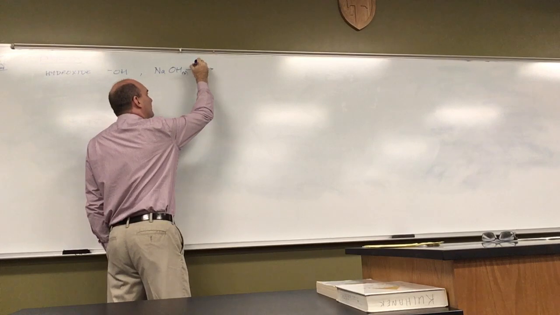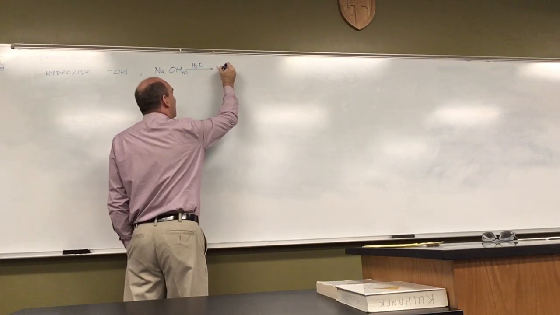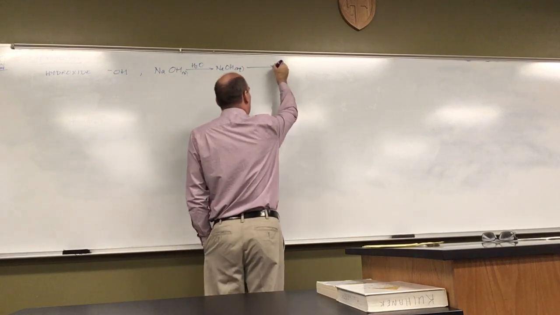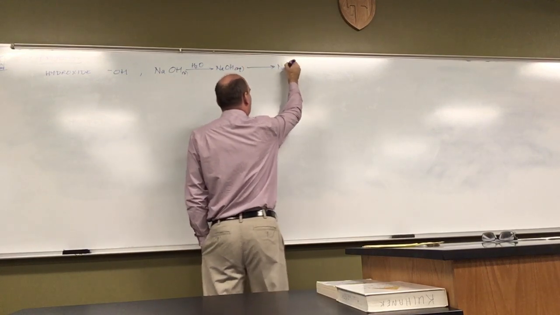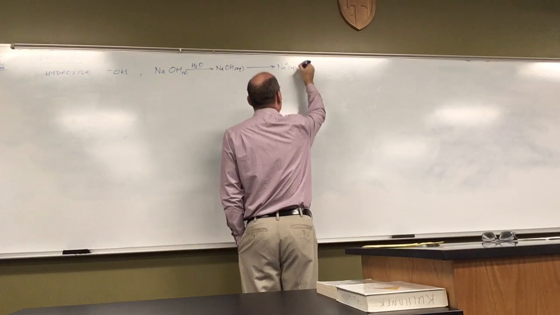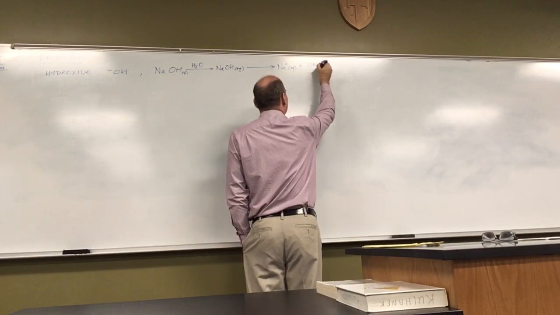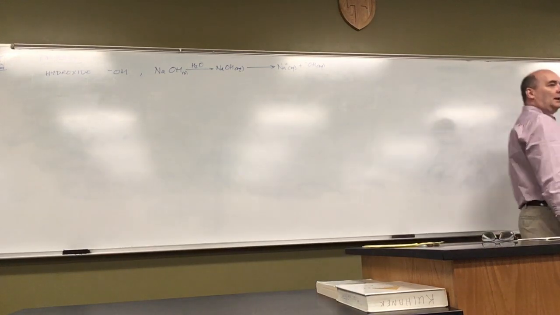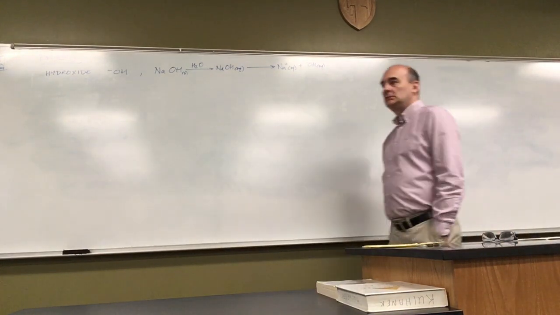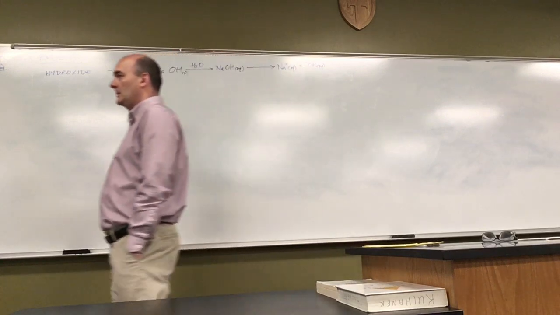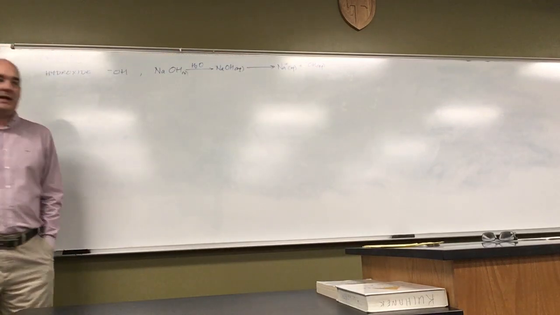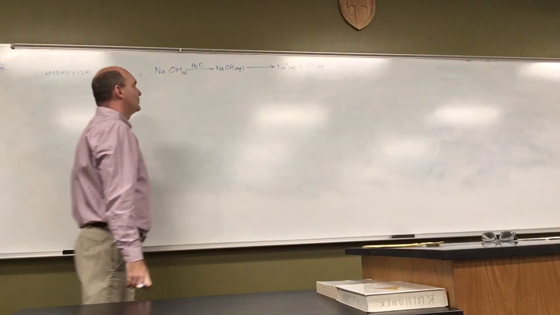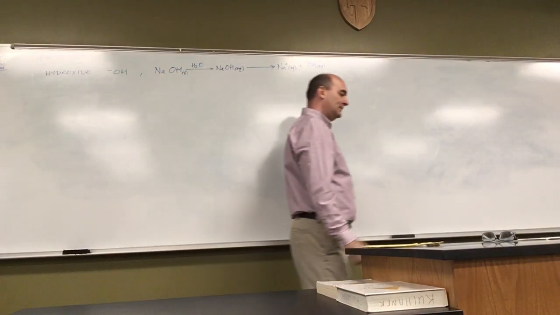When you dissolve it in water, it makes NaOH, which is an aqueous solution, and that splits apart 100% into sodium ions and hydroxide ions. So if I had a 1 molar solution of sodium hydroxide,